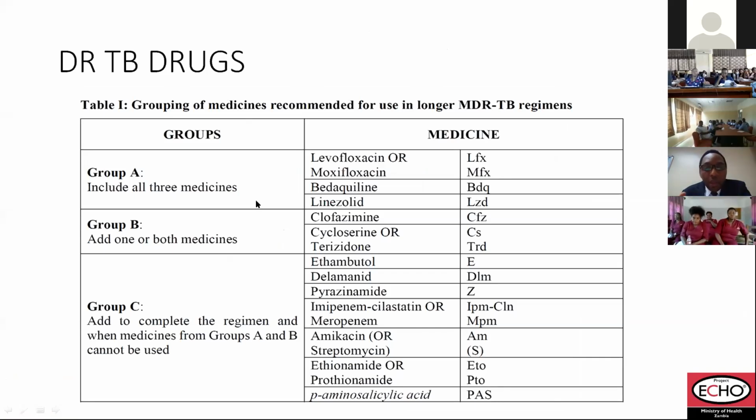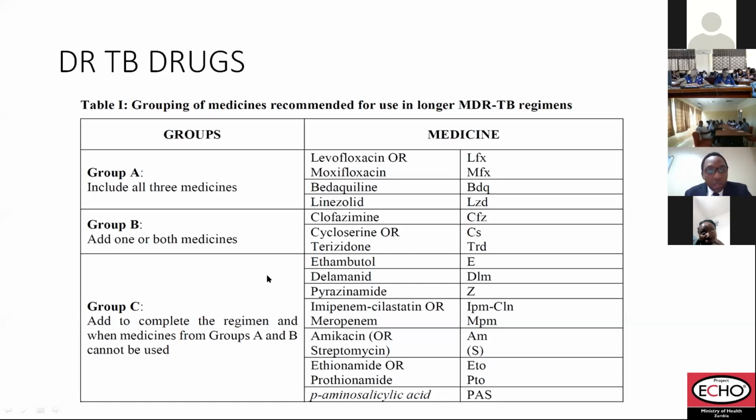So that's how we evaluate a drug-resistant TB patient. I would like to bring to your attention the drugs, now that you have made a diagnosis of drug-resistant TB or MDR TB: how do you treat? I want to mention to everyone that we have 3 groups of drugs. We have revised our treatment of drug-resistant TB, and these are the drugs that we are now using. I want you to remember 3 groups: group A, B, and